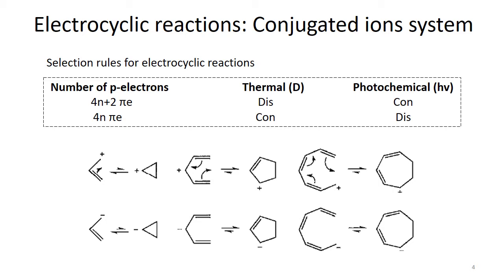Because when it's a carbon-carbon double bond, there will always be a pair of electrons. So in case of a cation, there is no other extra electron, and when we talk about an anion, then there are always 2 extra electrons. So these pi electrons are always in pairs.